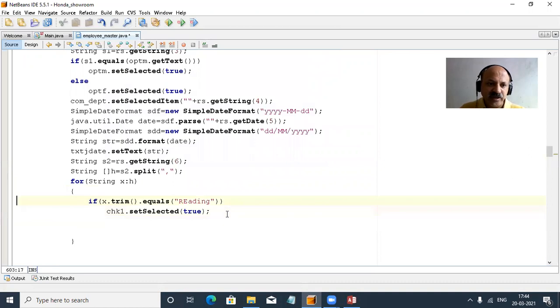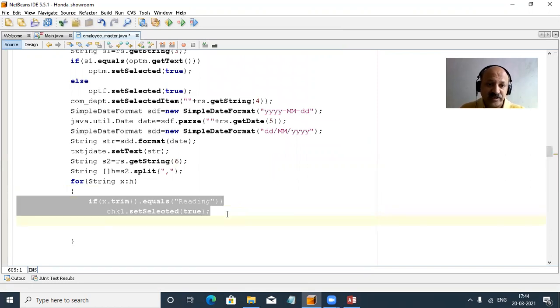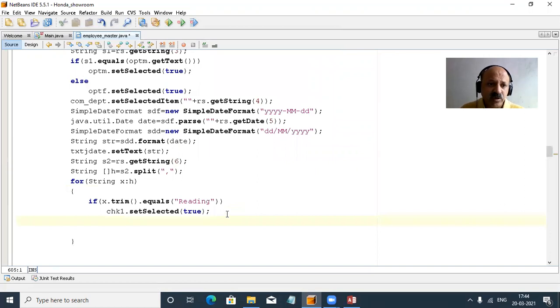Then I copy, means yes, reading, with a small e, and give that name, or you can also use the checkbox chk1.x. So that is also a possibility.